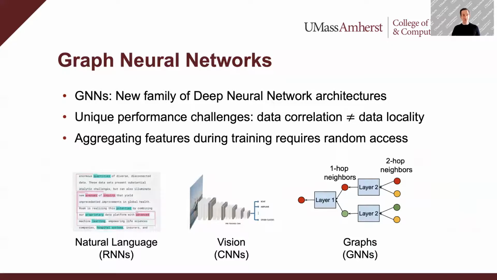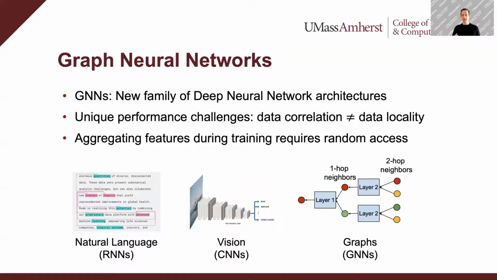In the context of graph machine learning, graph neural networks are an interesting emerging architecture, yet another important class of neural network architectures, which is tailored for graphs, just like convolutional neural networks are tailored for images, or recurrent neural networks are tailored for text, natural language, and sequential data. The big difference, though, is that unlike for RNNs and CNNs, with graphs, data correlation does not imply data